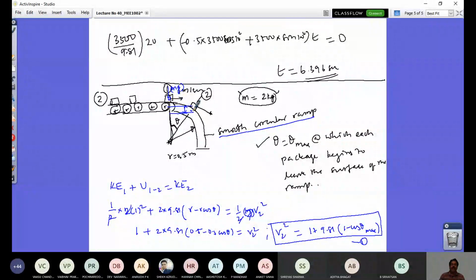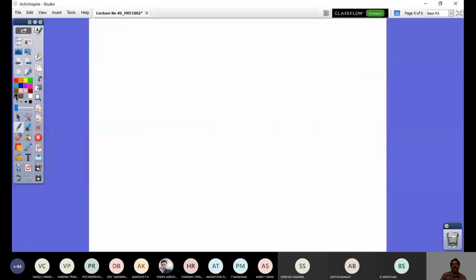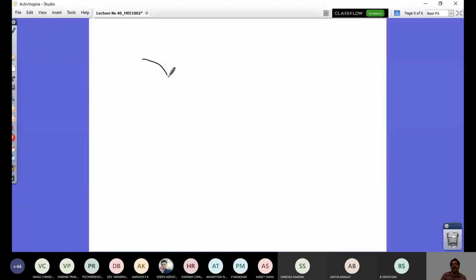But what is important there is, as this leaves this, the contact normal is 0. So I'll have to draw now a free body diagram of this block at position 2, and that will relate to my normal component of acceleration. Right? So I'm just going to draw what is there at this position 2. So this is a circular ramp. So this is the position where it is going to leave,